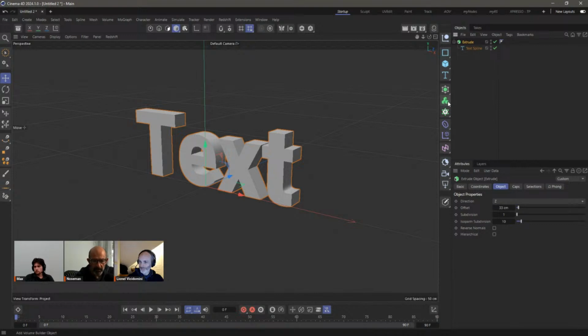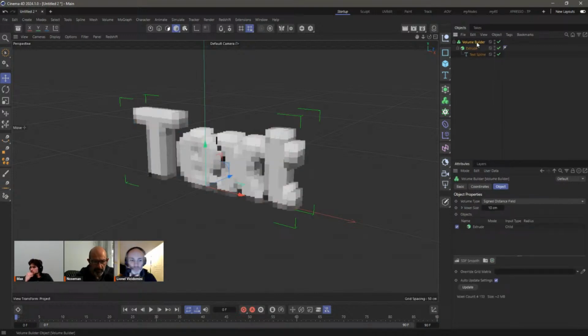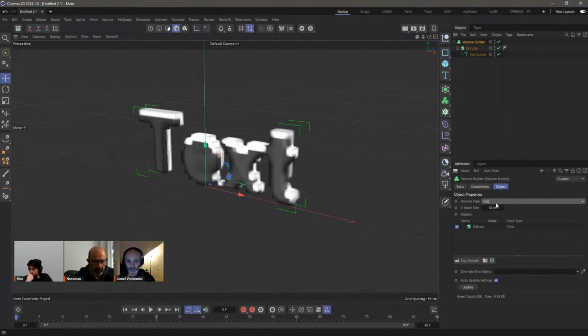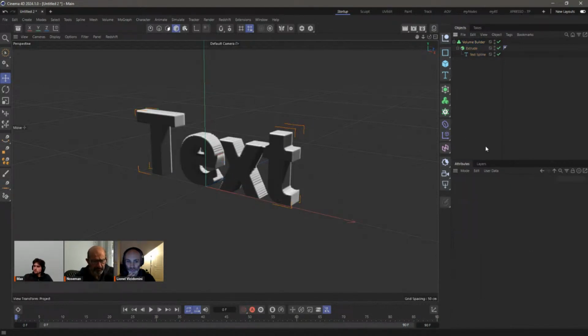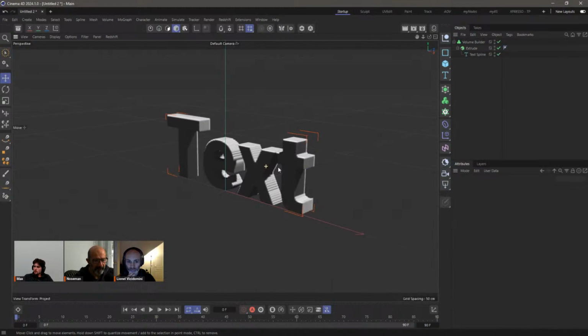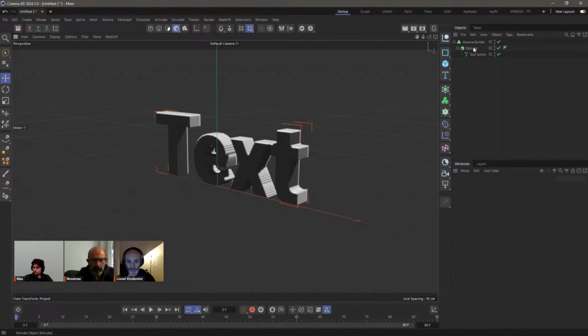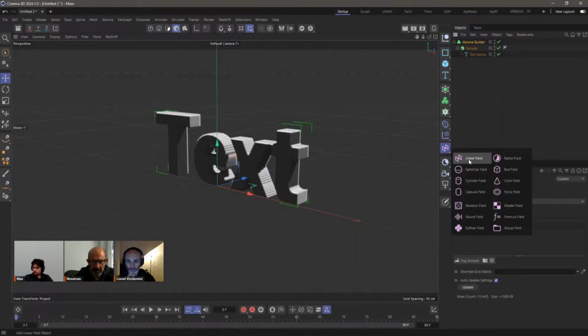So here's what I'm going to do. I'm going to create a volume builder. In order to create your faux Pyro, it needs to be set to fog. SDFs are for creating surfaces predominantly. So leave it at fog. Let's put this at 2. And here is a fog volume, right? And of course, you can do some shenanigans.